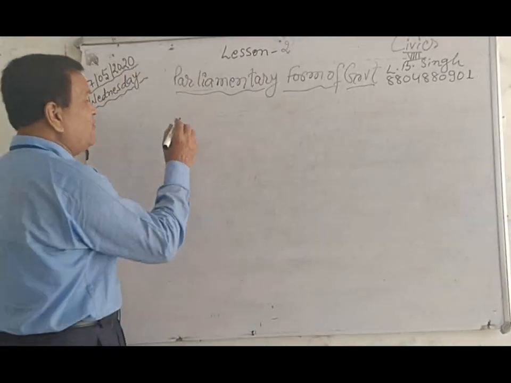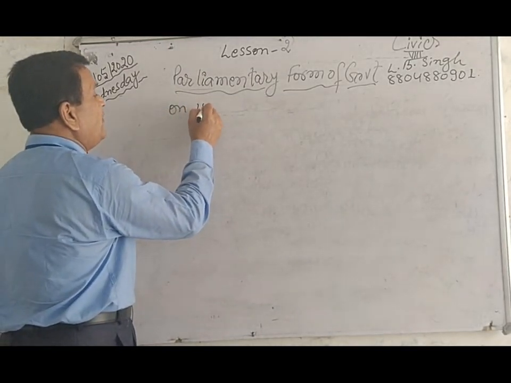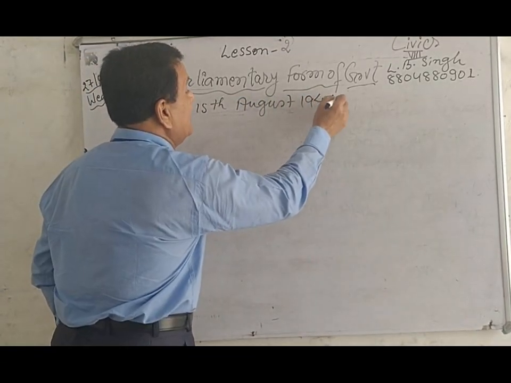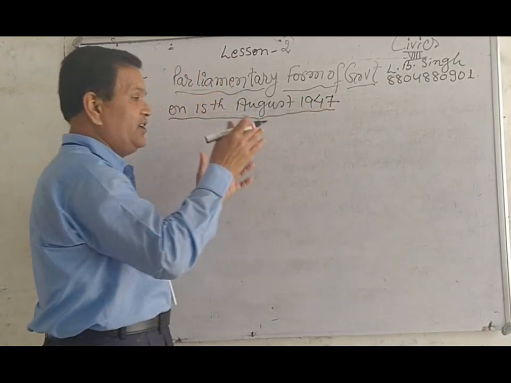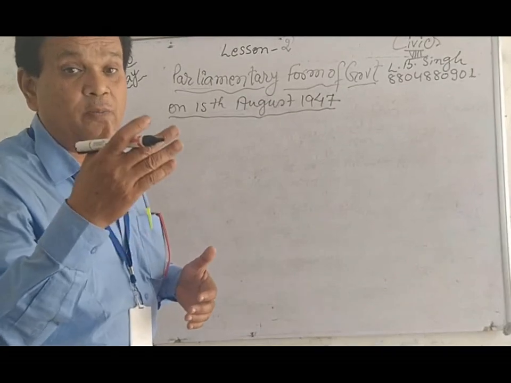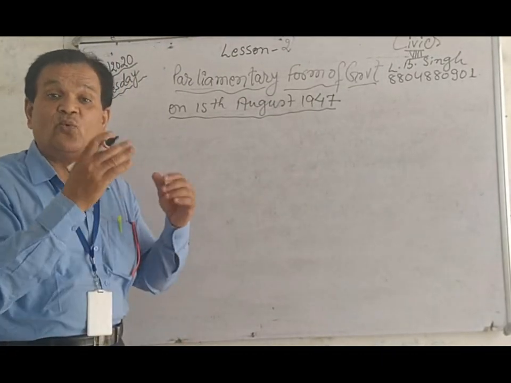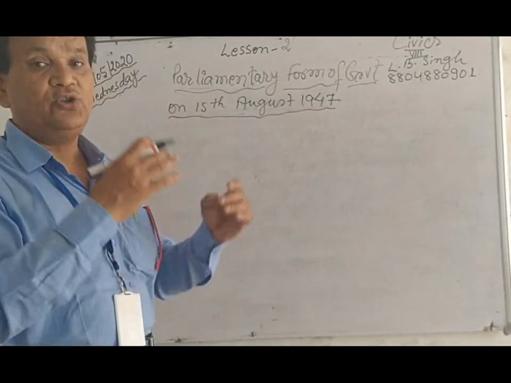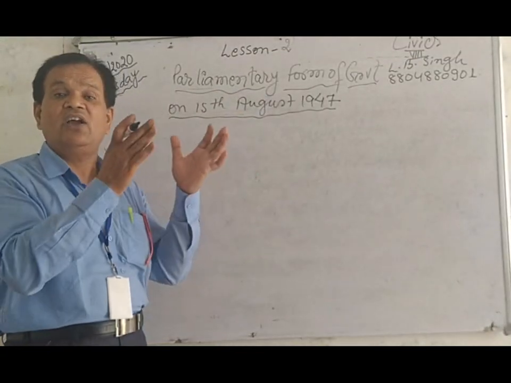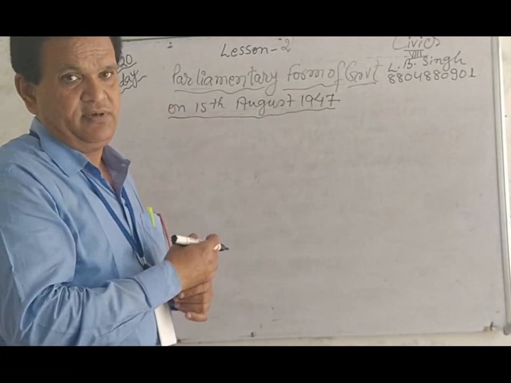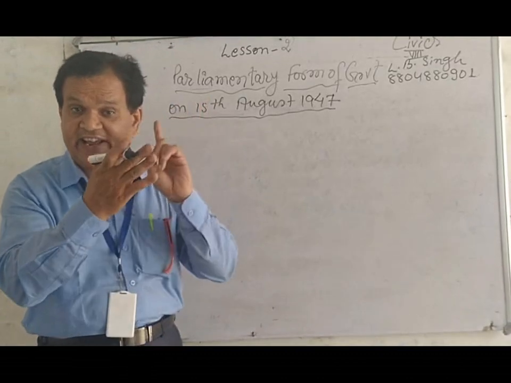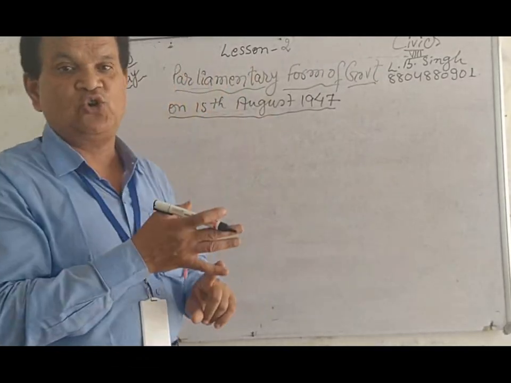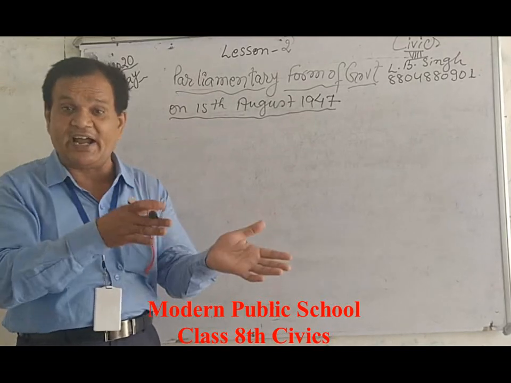Your country became free on 15th August 1947. That means your country became free from the rule of the British. So it was a great challenge for Indians, that means the freedom fighters who were struggling for the independence of India. As you know, prominent freedom fighter leaders were Mahatma Gandhi, Subhash Chandra Bose, Chandrasekhar Azad, but they died before